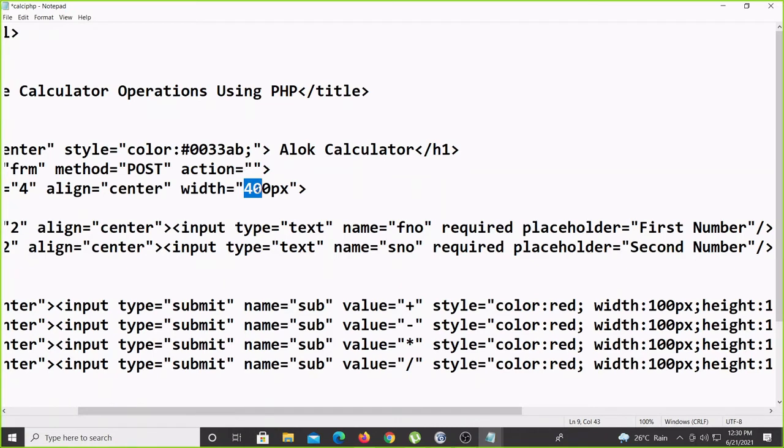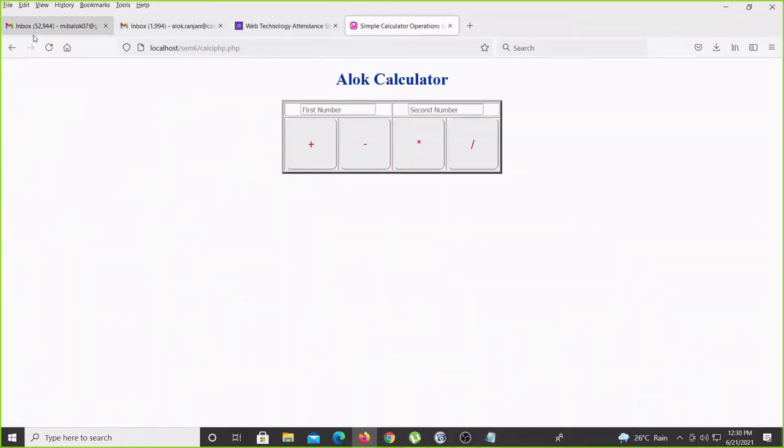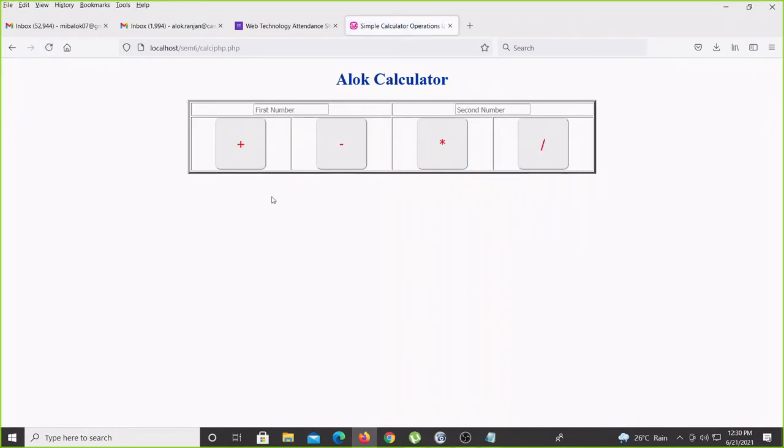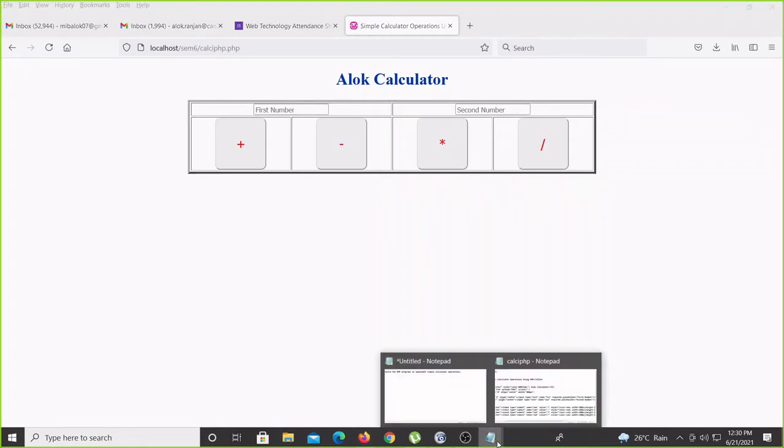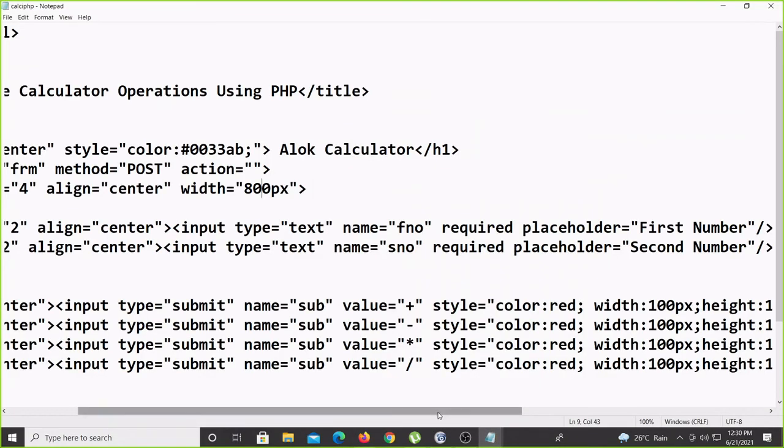I can go for 800 px. Yes, yeah, coming. Okay, then the input box also, if you want, you can increase the size, and even you can change the background color also.